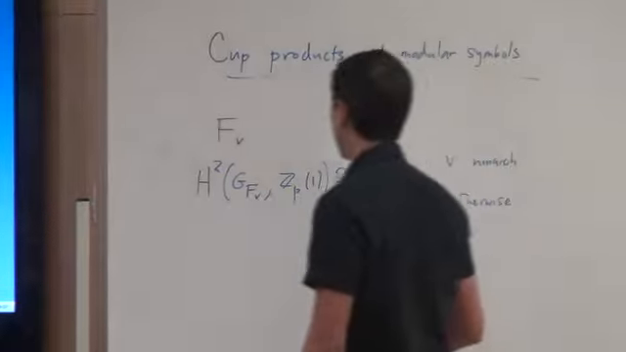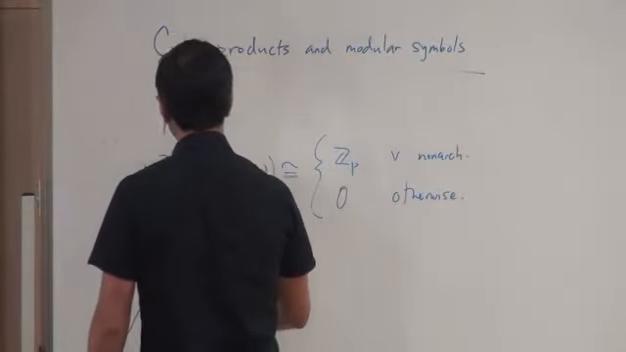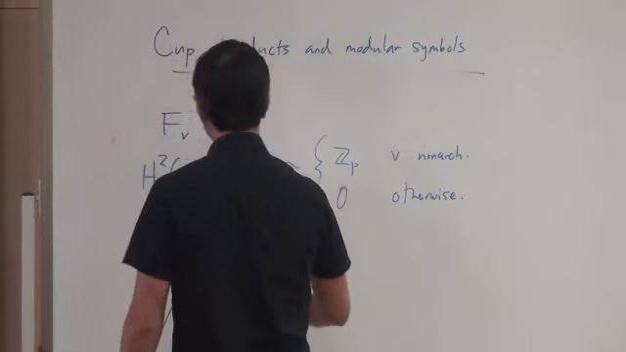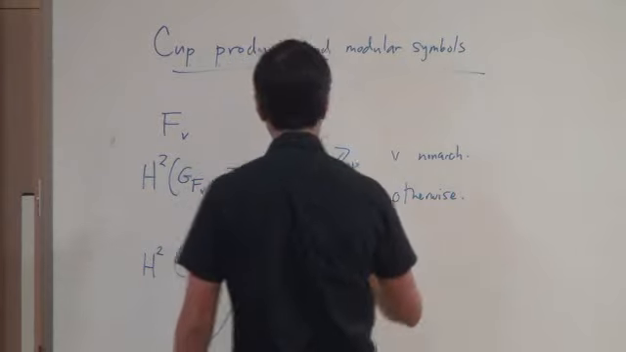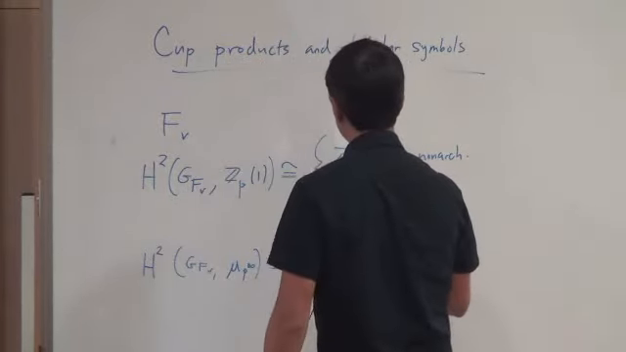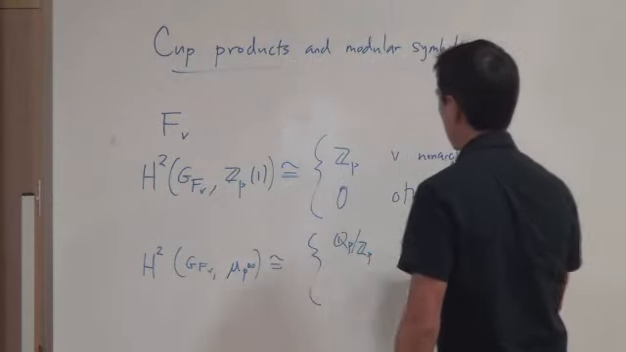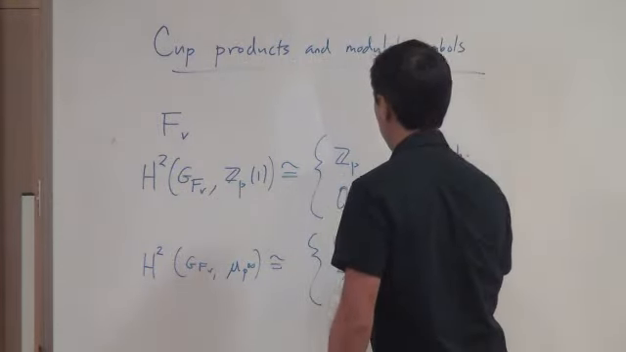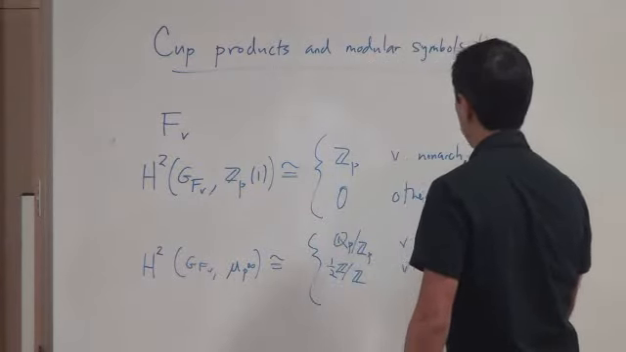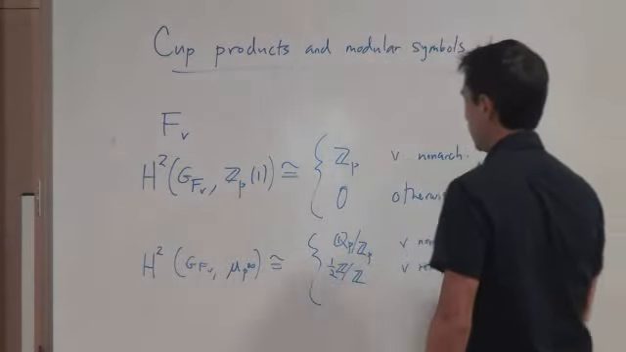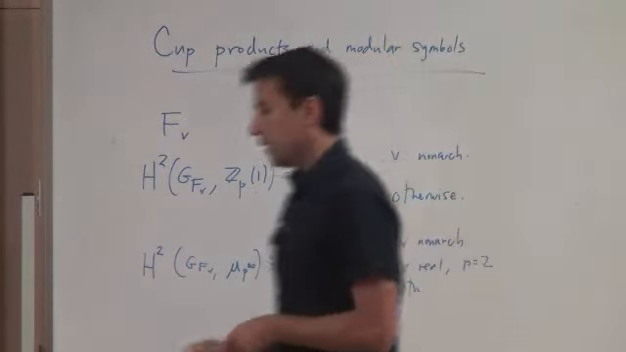I mean, it is true that if you take H^2 of G_{F_v} with coefficients in mu_{p^infinity}, or Q_p mod Z_p(1), then this is Q_p mod Z_p if v is non-Archimedean, Z mod 2Z, or 1/2 Z mod Z, if v is real and p equals 2, and 0 otherwise. Okay, so